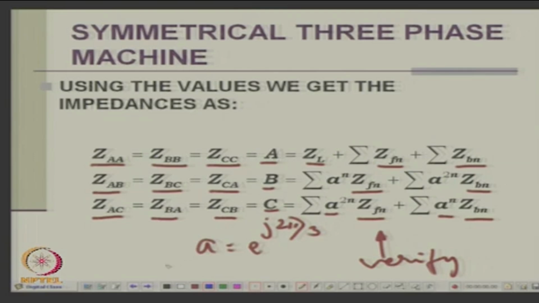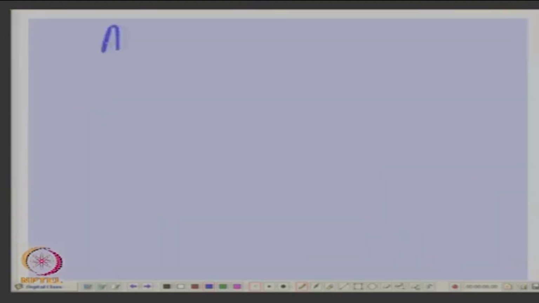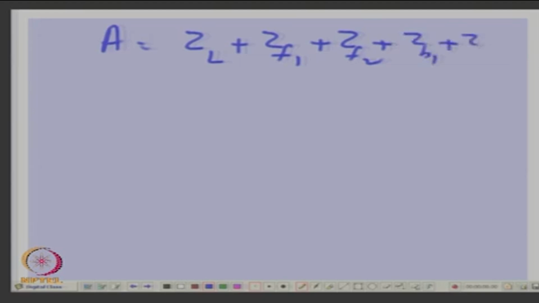So let us say this A plus A square B plus AC, right. So we have said what A is: ZL plus ZF1 plus ZF2 plus ZB1 plus ZB2 plus ZF3 plus ZB3,